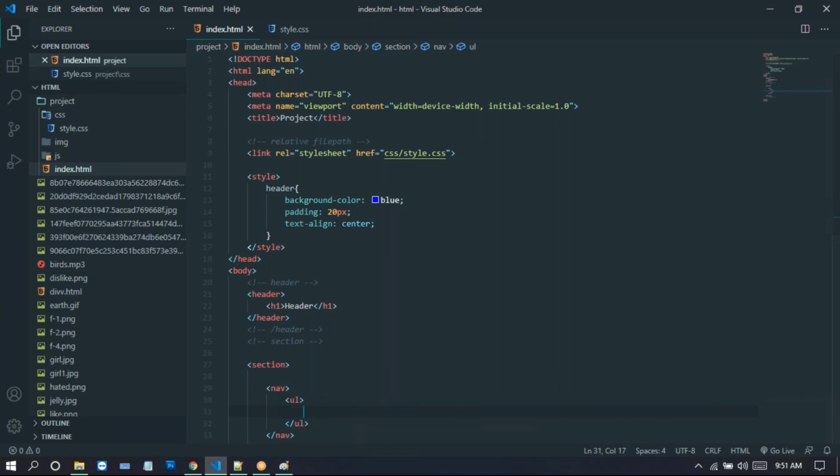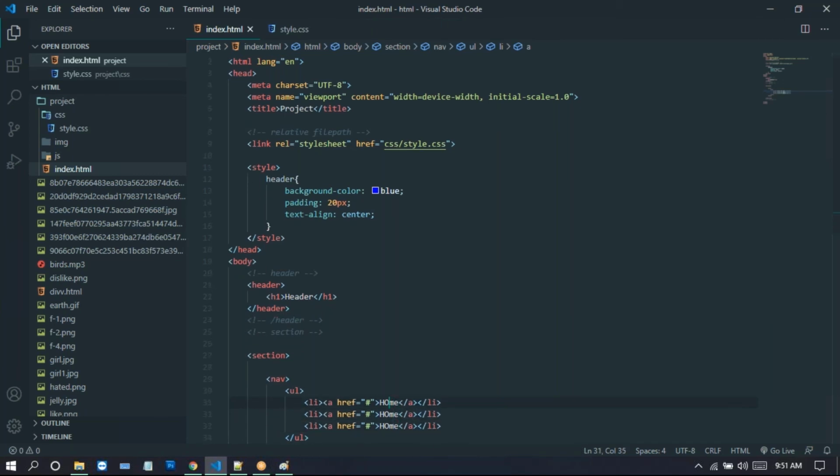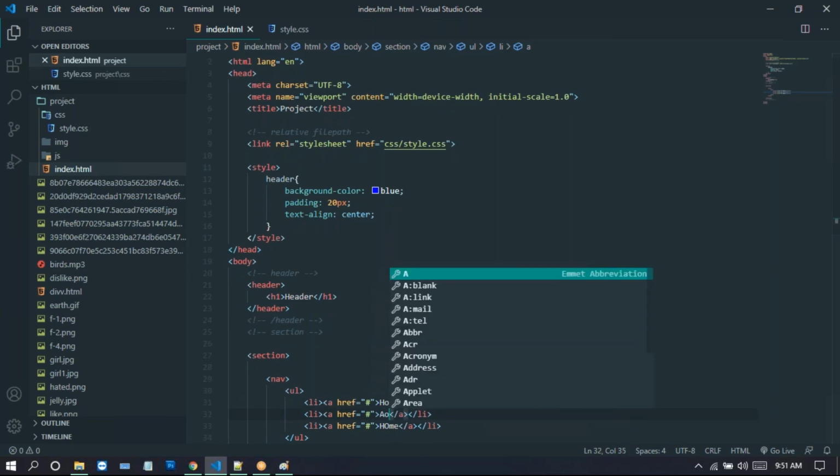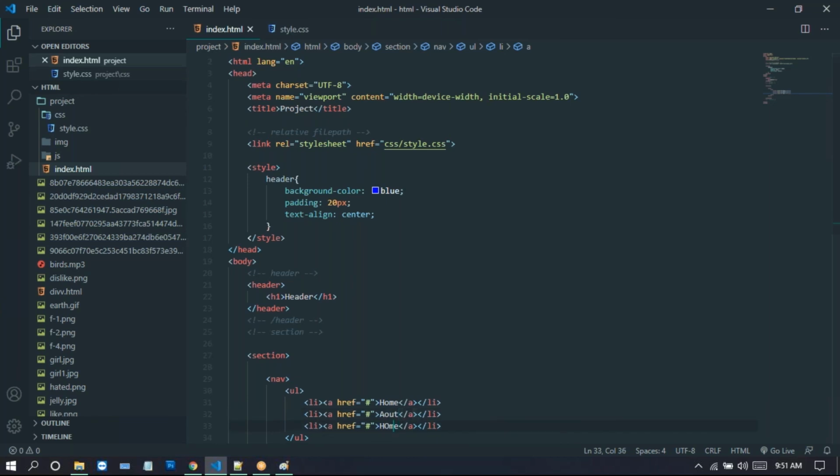Now in this navigation, you can provide this UL tag, this UL, you can take this LI, anchor tag. So just provide like home. So I just copy this one. So here I'm just changing these components. Just changing this component: about, contact. Home, about, contact.